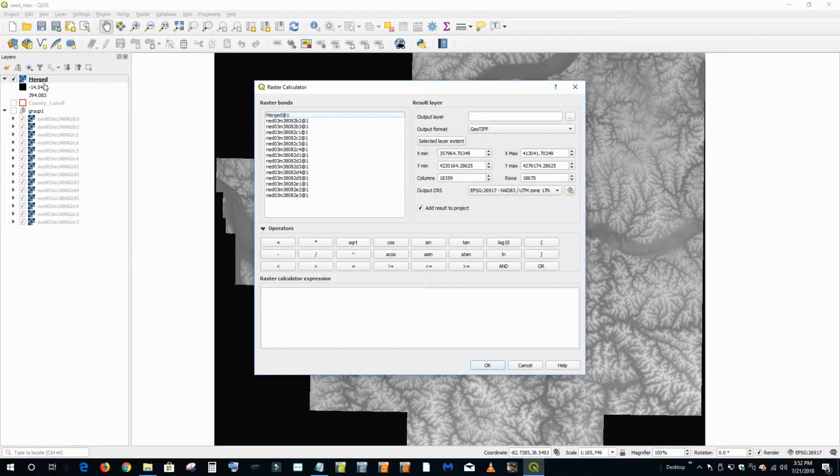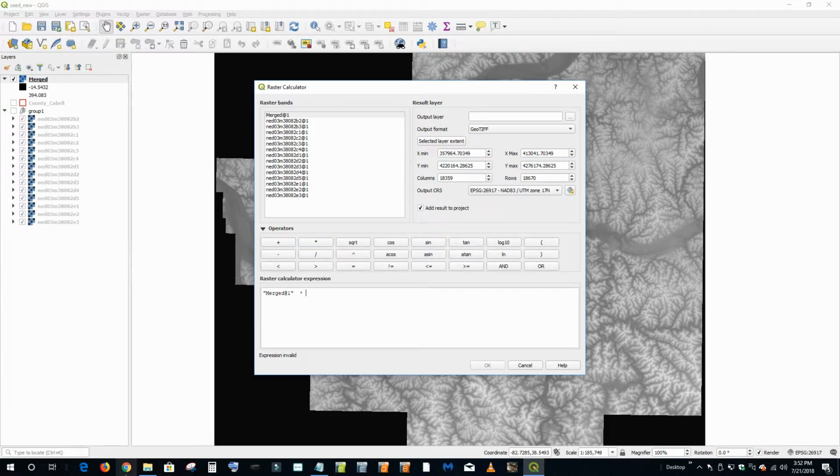You can see the layer here. This is merged. Now this is a temporary layer. So if you were to exit out of this file without saving that layer, if you just save the project, you're going to lose this. So be aware of that. That's the crux of doing things in temporary files. We want to do this pretty quick so we don't lose it. So merged, and we're going to multiply it by,